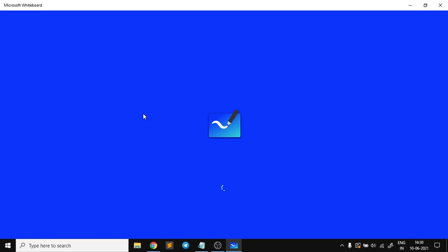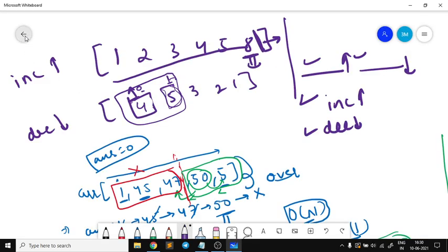There are various approaches of solving this problem, correct? So we're looking at them one by one. The first approach is, you can use some extra space kind of thing. Why I'm saying that? Suppose you are given this linked list, that is 1 2 3 4 and 5, right?